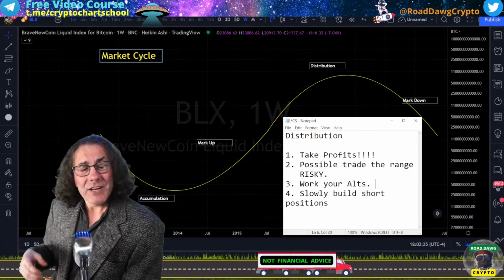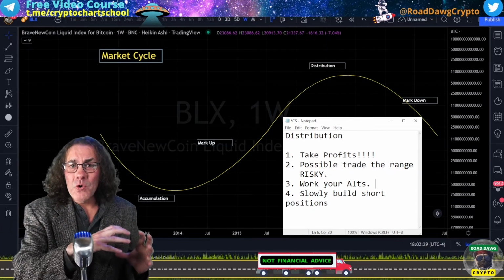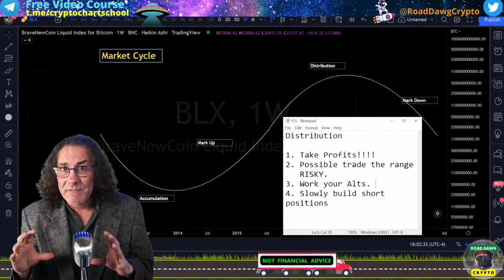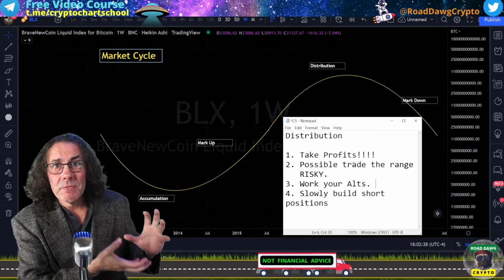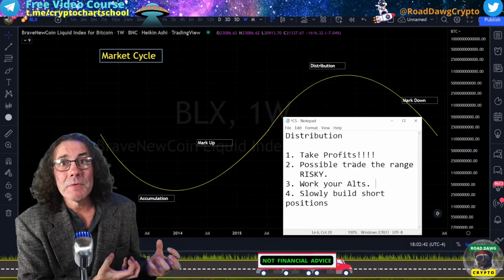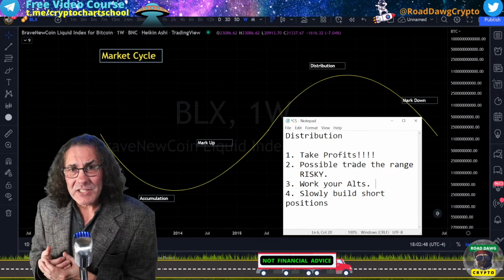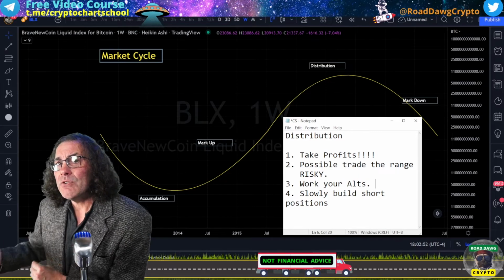But one thing you can do is really work your altcoins. Usually Bitcoin will top out, and then altcoins will start topping out about a month later, about 4 weeks afterwards. So when Bitcoin starts reaching these levels, you should start seeing some improvements in altcoins, and you need to be taking profits in those then. Let's pull some of this cash out. We need to be starting to get cash heavy now. And lastly, a thing that you can do is start slowly building short positions, learning how to short this market